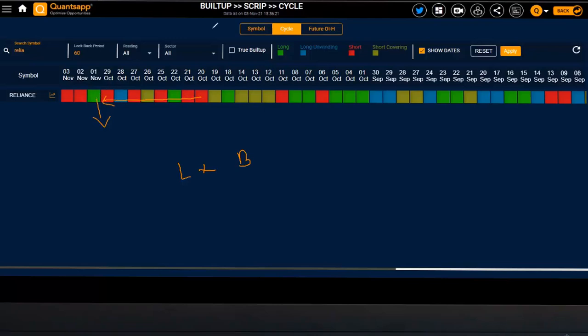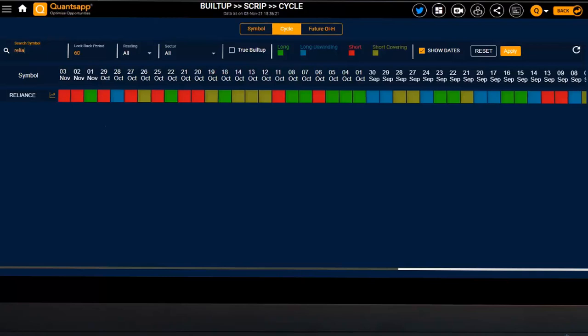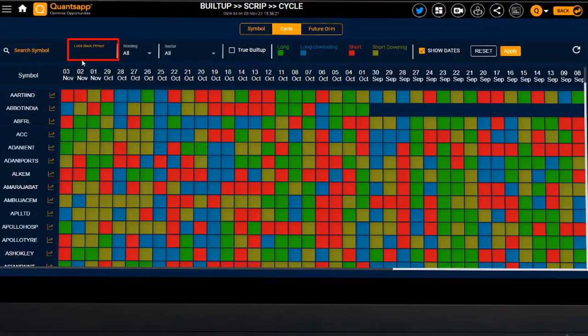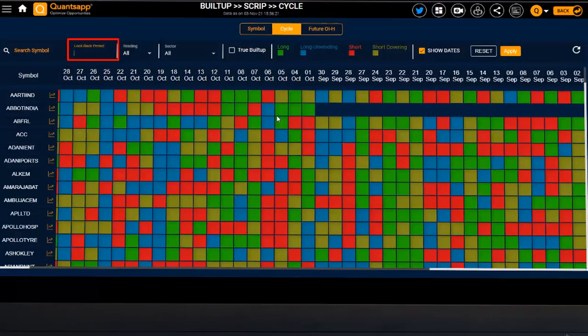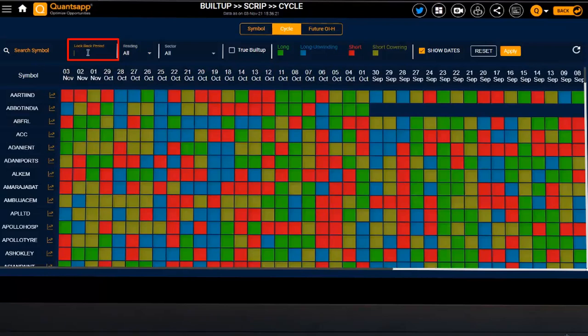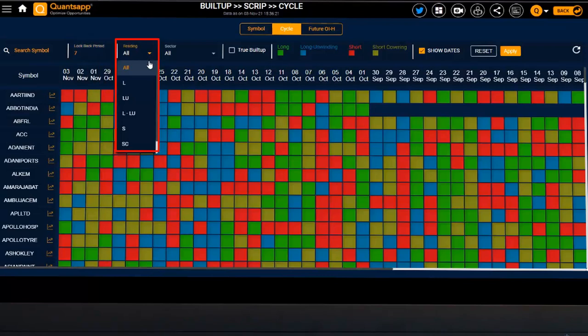So the first thing the cycle will fix is it will show us whether there is a historical strength in a particular instrument or not. Now the interesting thing is that we can find out a stock which has a very significant strength along with it. So here is how. Let's say in the look back period, by default the tool will show us 60 days of data. I will give the application an input: just consider the data of the last 7 days. You can give inputs about your desired scan. This is for an example.